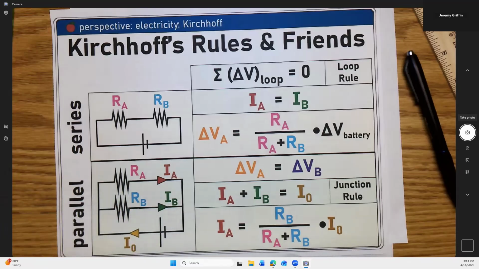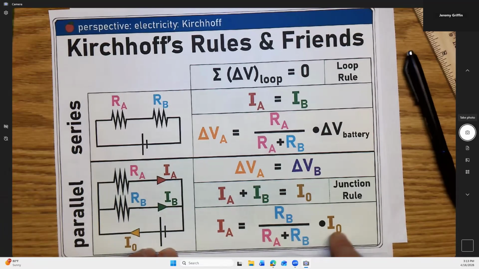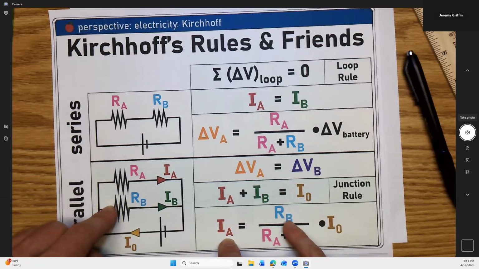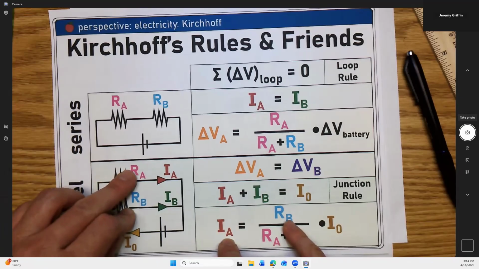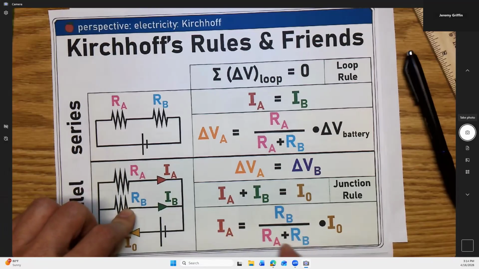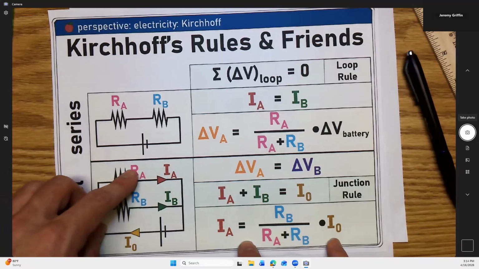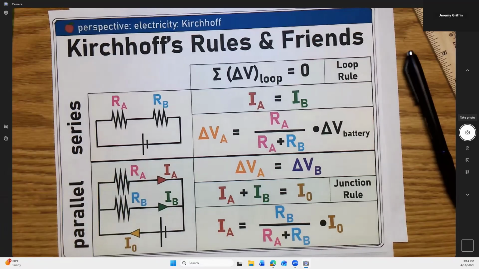Okay. And actually, what I just talked about is this formula right here. If I said 500 ohms could be resistor B, then through branch A, that's what it would be directly proportional to. So you do 500 over 505, and that would represent the proportion of the current that goes through the other branch. Okay? So more current flows through the path of least resistance,